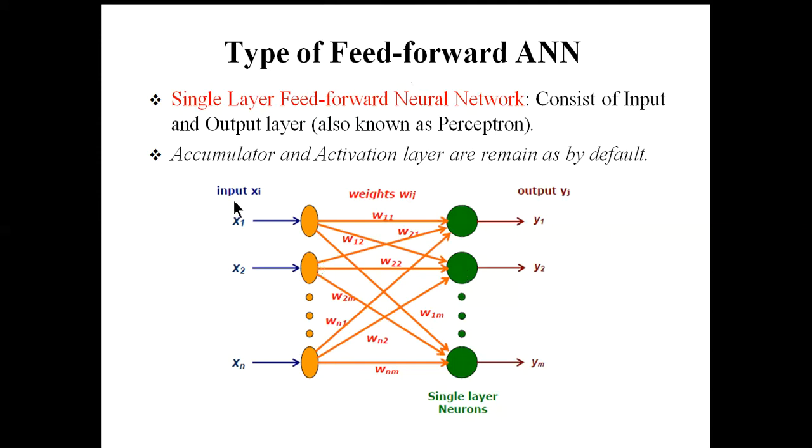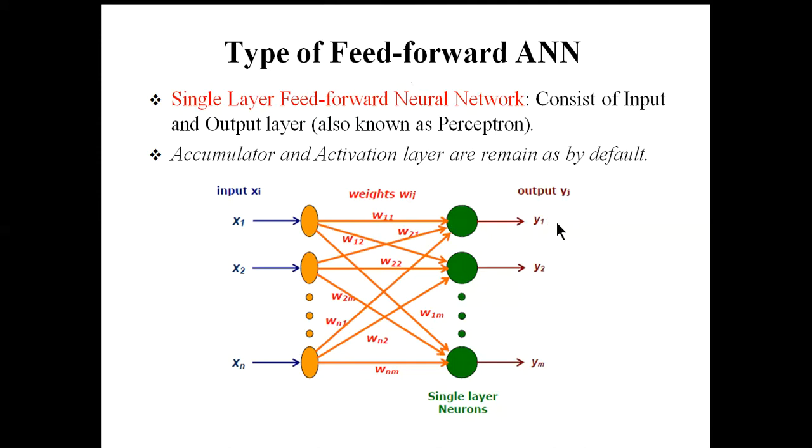Okay, this one is the input layer and this one is the output layer, and here these are the weights. Okay, W11, W12, W13. Here, why do we call it a feed forward neural network? If there are multiple outputs, in that case all the inputs are connected to each of the output nodes. Okay, just remember this thing.